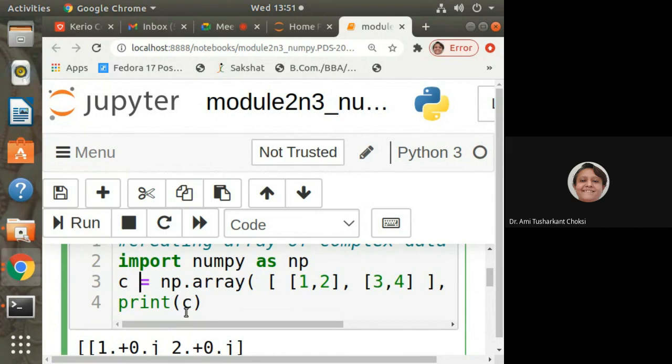Now we want to create the numpy array. Why do we want to create the numpy array? Because it makes our life so simple for complex operations. Complex operations doesn't mean having the complex data type. Complex operation means, I told you, say, big matrices are there. If you want to do the addition or subtraction or any other operations, we just have to write, say, a plus b, right? Otherwise, in other languages, or if we are using the logic, we have to maintain loops and only then will we be able to do the addition, subtraction, multiplication, division, right?